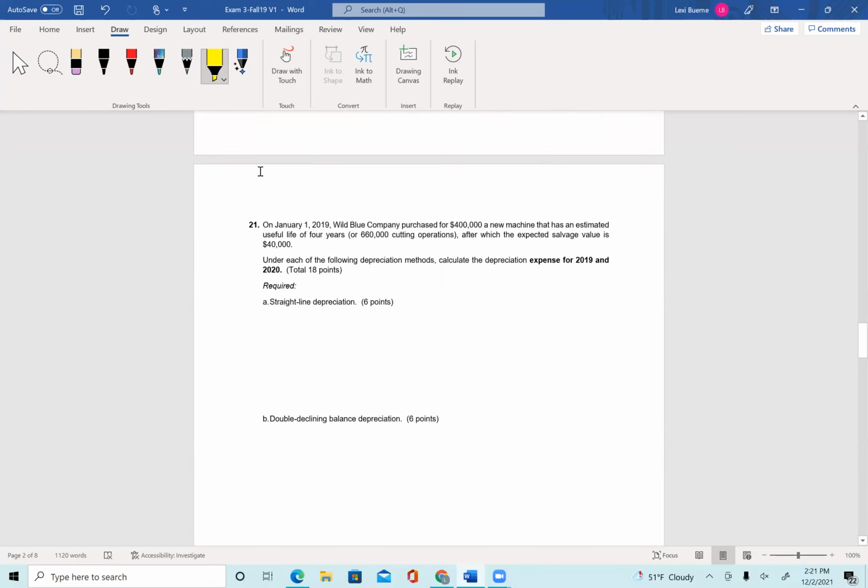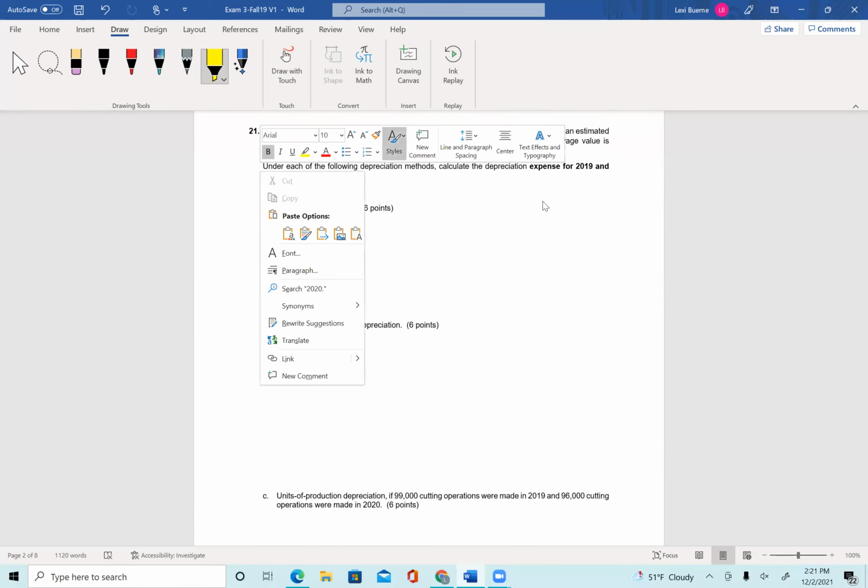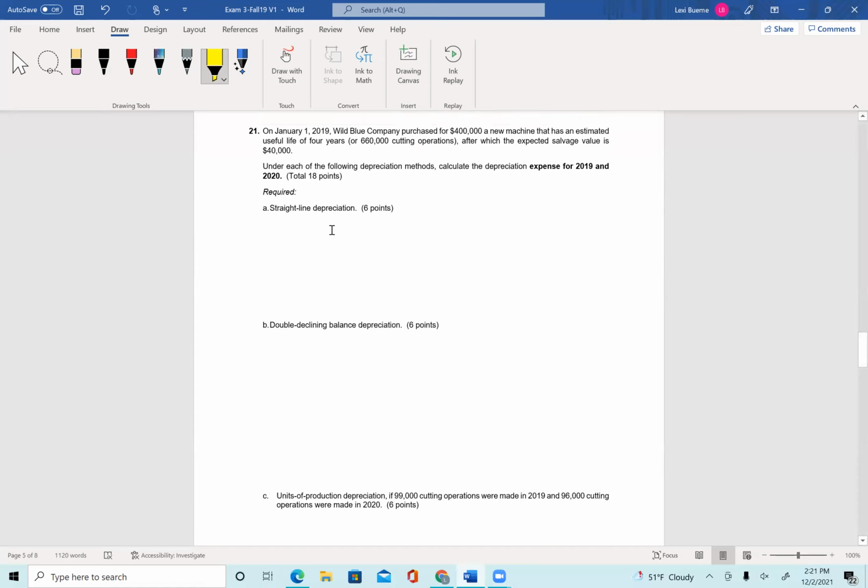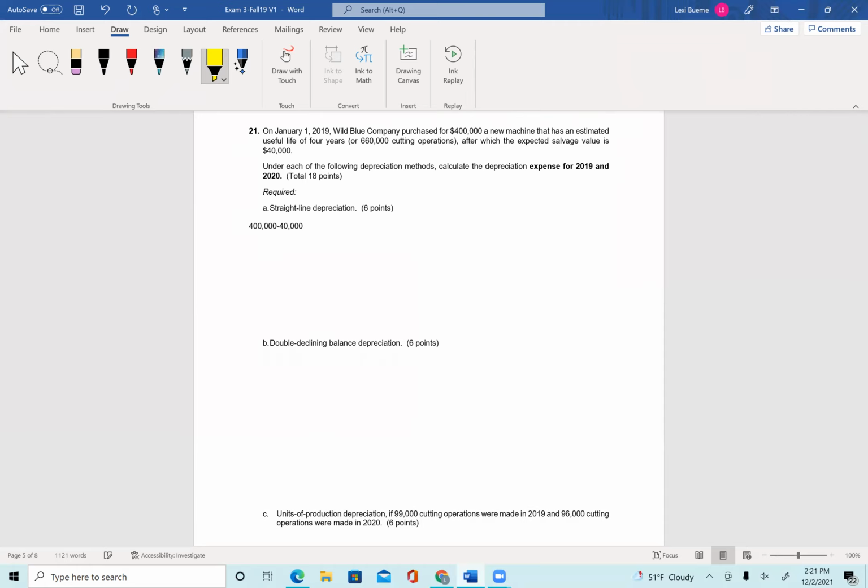All right, so now we are going to do some short answer questions. So Wild Bull Company purchased 400,000 for an estimated useful life of 4 years, or 660,000 cutting operations, after which the expected salvage value is 40,000. So we're going to need depreciation expense for 2019 and 2020. So straight line, like we did in the multiple choice, we take the cost minus our salvage value. And then